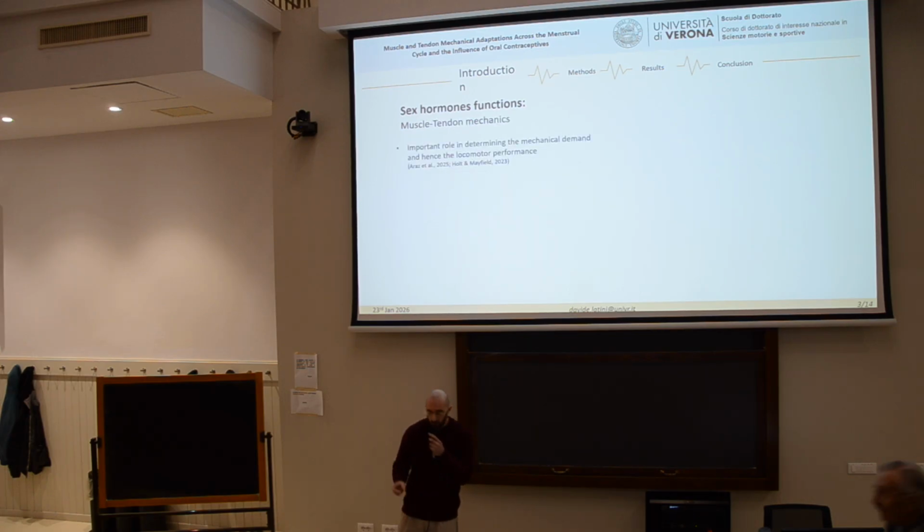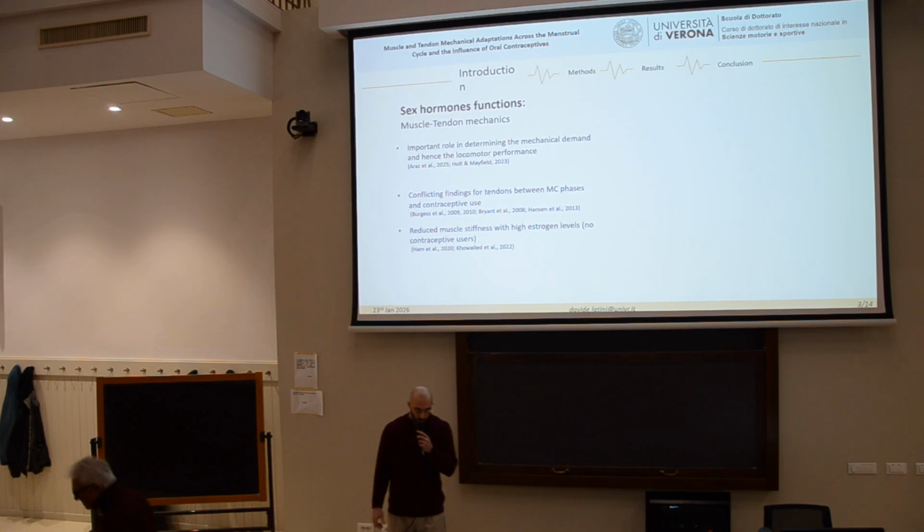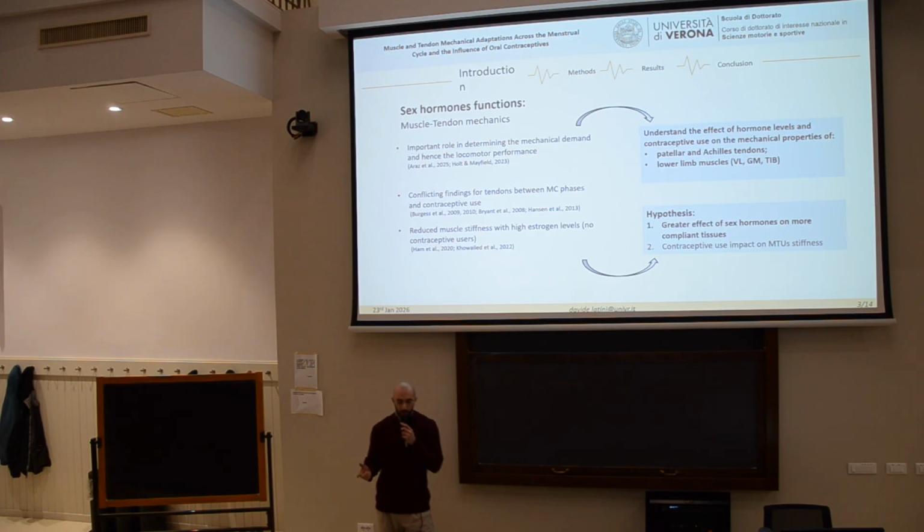So due to the importance of muscle tendon mechanics on human movement and the potential relationship with hormone levels, several studies have been conducted, and we decided to collect data about muscle tendon mechanics across menstrual cycle phases and oral contraceptive use and non-use, comparing different tissues with different elastic properties, from the stiffer patellar tendon to the muscle, and also with different plasticity capacity, with the hypothesis that there could be a greater effect of this hormonal fluctuation on more compliant tissues, and